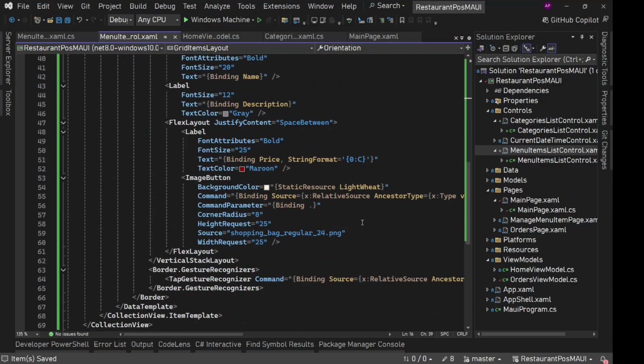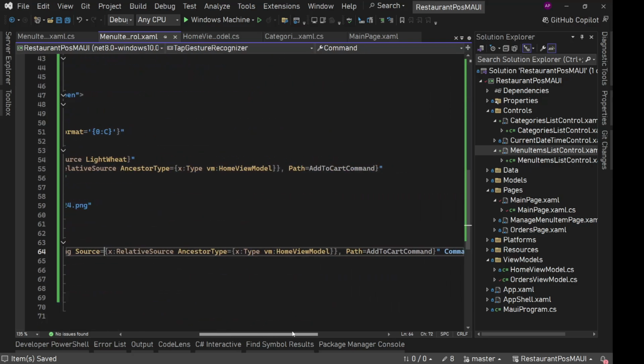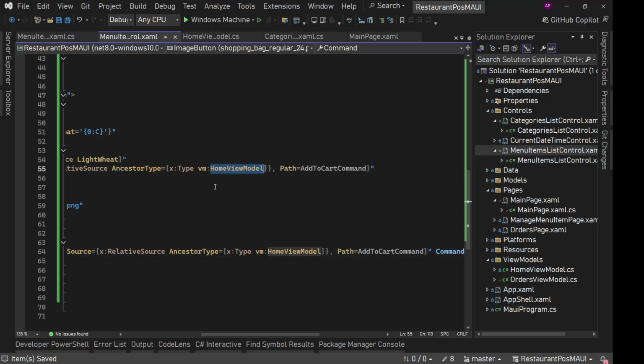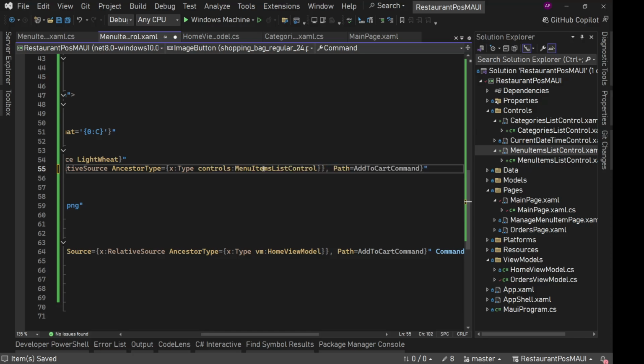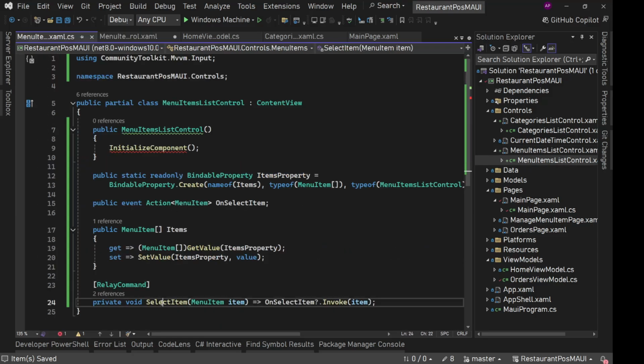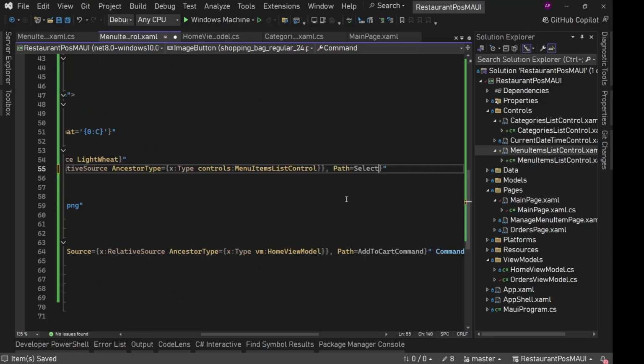Cool, and then in here where we have this add to cart command and home view model, instead of home view model this is going to be menu item list control, and command name should be select, what was the name, let me copy it, we already faced issue with typing the name out. So select item command,